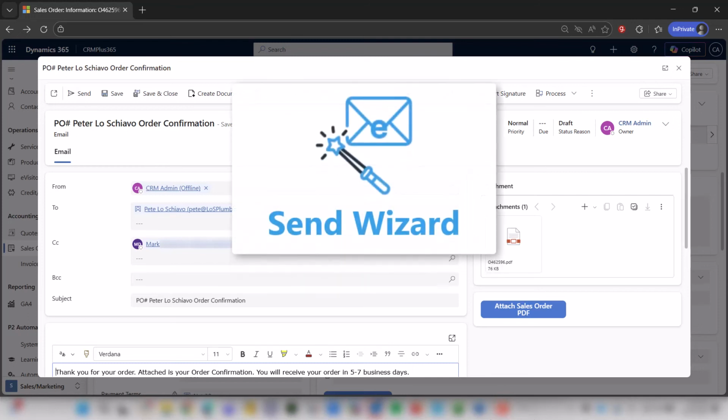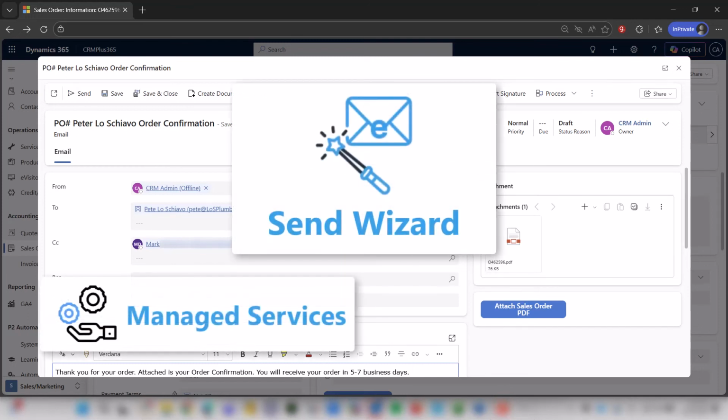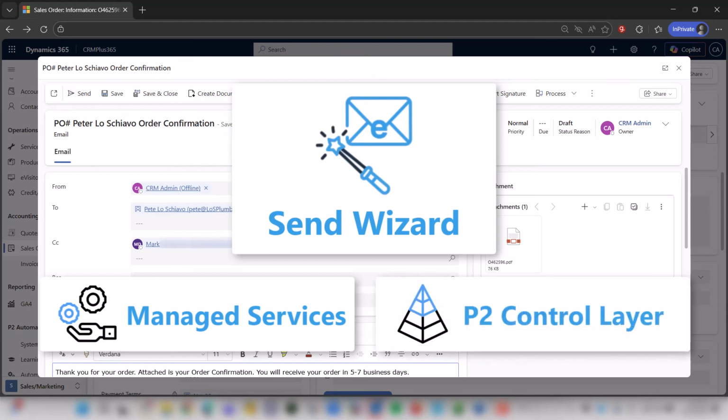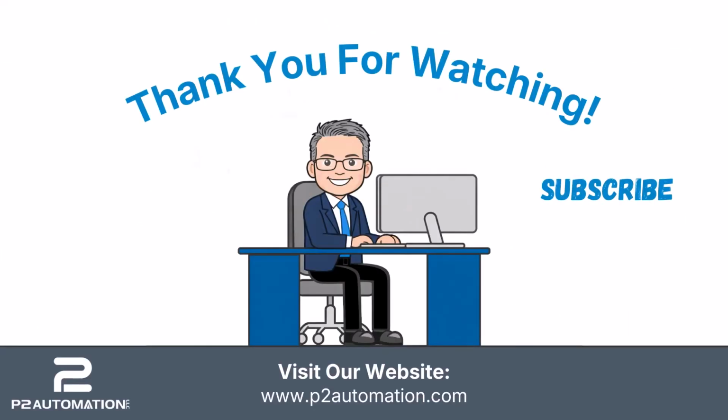Send Wizard is a tool that's available to all of our managed service clients, and now it's also part of the P2 control layer. If you'd like to learn more about how Send Wizard can help your team be more efficient, reach out to us today at